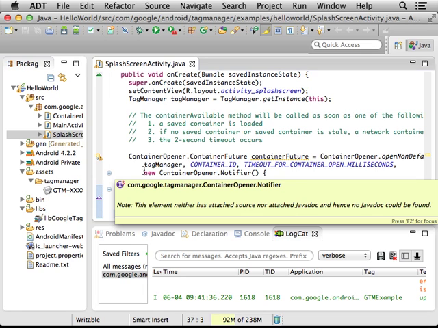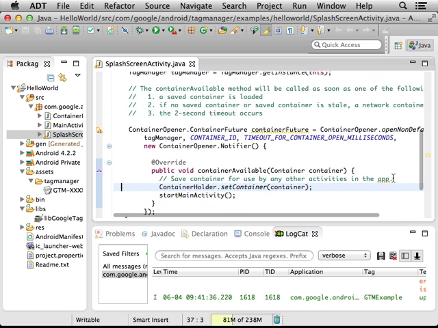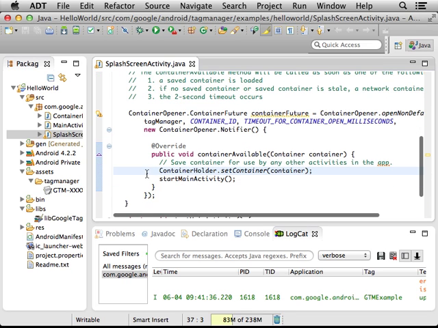When the container is available, either by loading the default container from the JSON, or if it were to go to the network and get one, if there were a real container ID, then the notifier will be called. And in our case, what we do is go ahead and save that container and then start our main activity. So we've got the splash screen activity that's just there for this up to 2 seconds. If there's no container available within 2 seconds, then you'll just get an empty container. Okay. If we go back to the application,